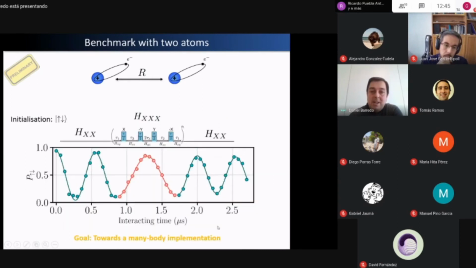Okay, so another thing that we can do, as I told you before, as the specialty of our group, is to prepare one atom in up, the other in down. In this case, you will see this spin exchange excitation. I'm only showing the probability to have up and down. And when you apply the drive, you let the system evolve for some time. When you apply the drive here, which corresponds to the red curve that you see here,